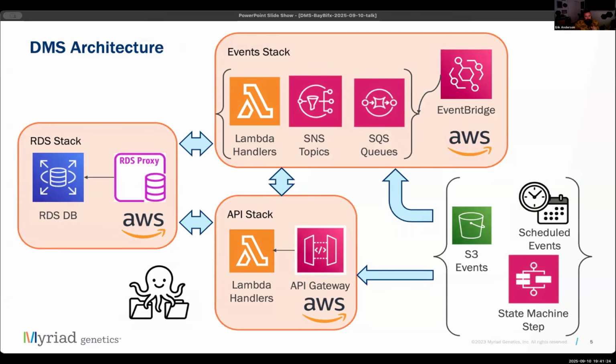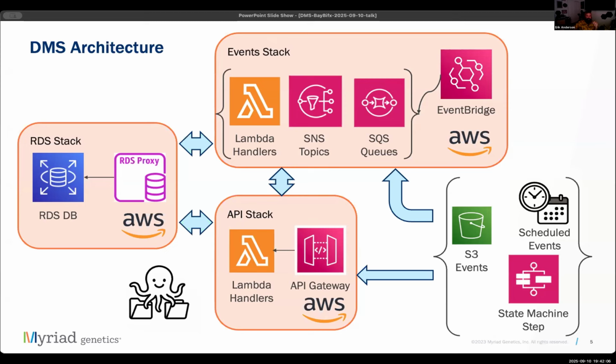So how do we achieve this? The DMS is built as 3 coordinated stacks: a database, event, and API. Like the state machines Malika described, the DMS is built using AWS CloudFormation. The RDS stack provides the DMS with its data backing, where all the information about managed data resides, using a relational database. The event stack enables the DMS to do things like perform scheduled operations, respond to changes in a monitored S3 bucket, retry incidental failures, and notify administrators if anything goes awry.